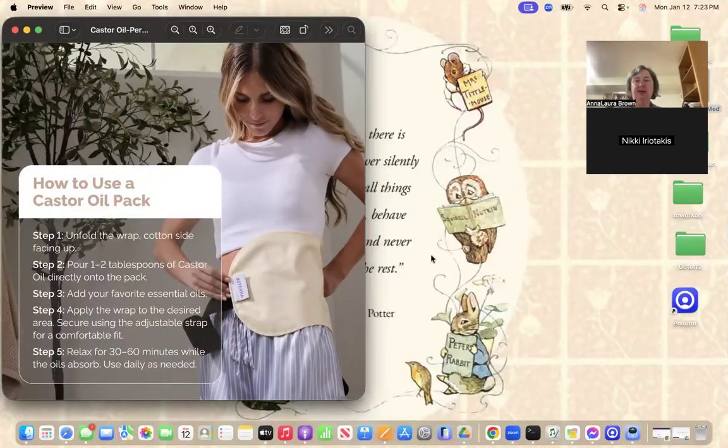And then a couple other of my favorite essential oil blends that I like to use. Another one would be the Deep Blue blend, which is for a lot of joint relief and discomfort and that kind of thing. So that can really help. And then Digest Zen is another really good one. It's a blend for your stomach. So you can put a few drops of that with the castor oil and help with the bloating and that kind of thing. So anyhow, those are just a few of my favorite things and ways that I like to use castor oil.